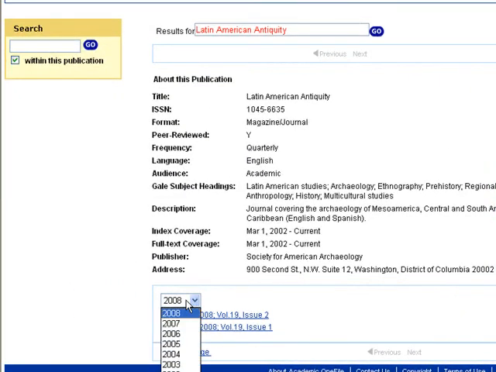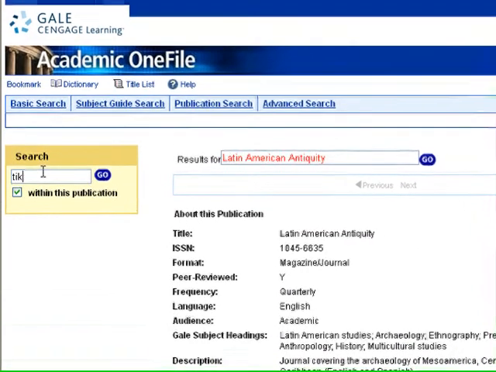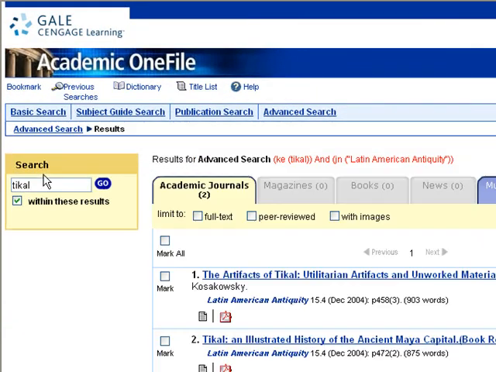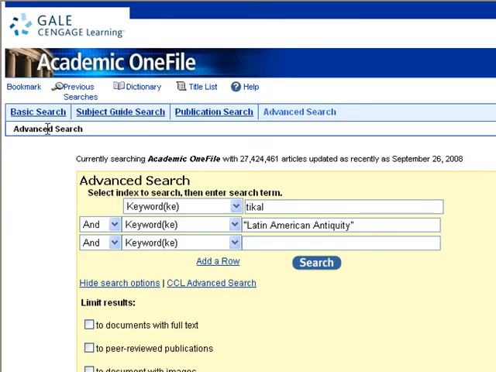Academic OneFile is the database that I clicked. You're going to see all the issues for that journal. Up in the top left corner, you can search within the publication. I'll just type in Tikal. You're going to see I only got 2 results. The best way to do this often is to then click the advanced search